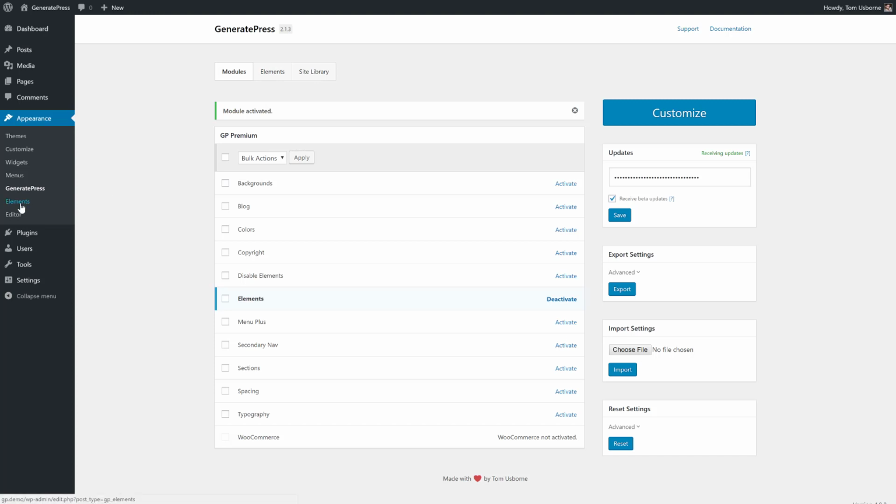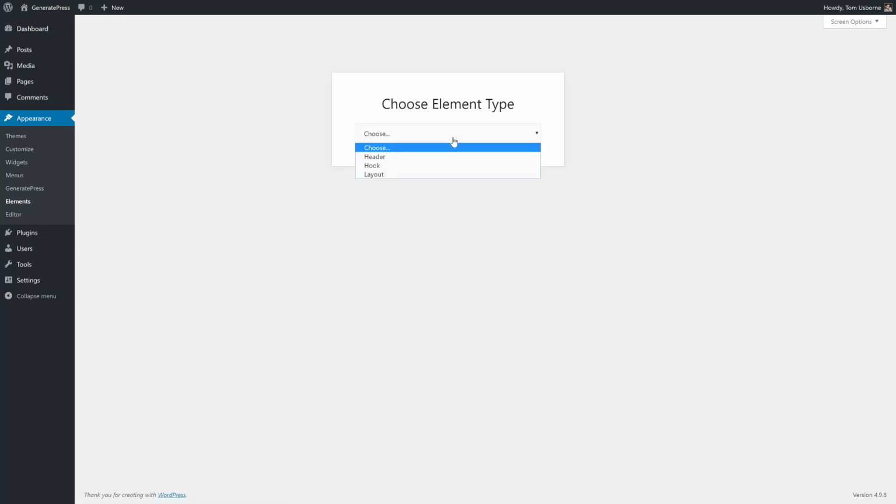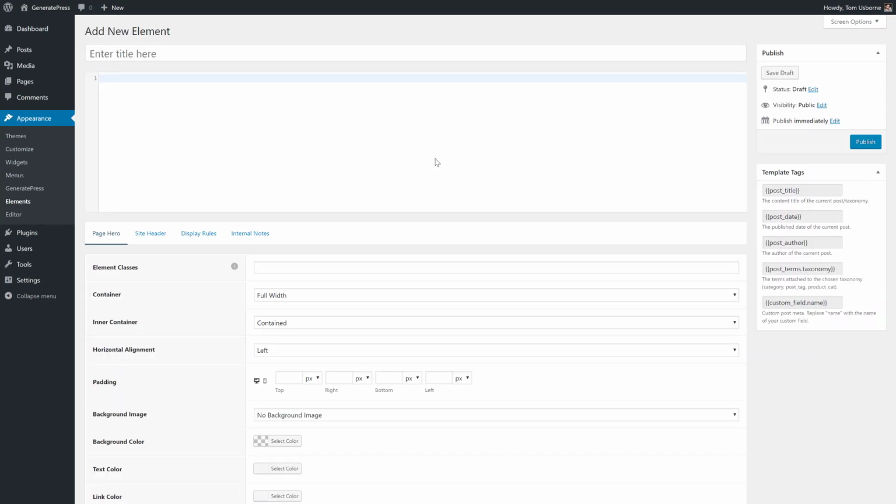We also have a link over here, which we can click, and this brings us into the Elements dashboard. So now we'll click Add New, and you'll see we can choose the element type. So in this video, we're going to be making a header. So in this first one, let's create a header for all of our single posts. So we'll give it a name,